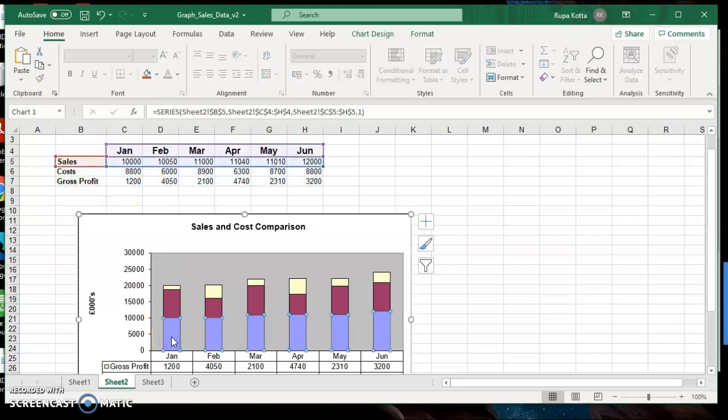The blue part of this chart is your sales. So you made 10,000 in sales in January, 10,050, then 11,000, and so on. This purple part is showing you the cost, and this cream part is showing you the profit.